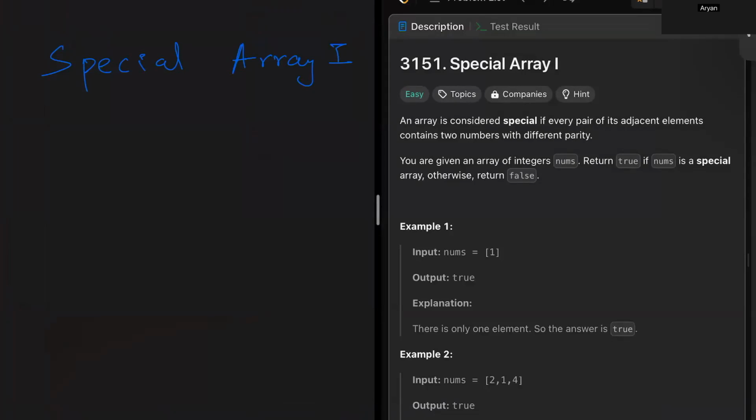Hi guys, so today we'll be solving this problem called Special Array 1. Let's read it. An array is considered special if every pair of its adjacent elements contain two numbers with different parity. You are given an array of integers nums, return true if nums is a special array, otherwise return false, right? So we've been given this array